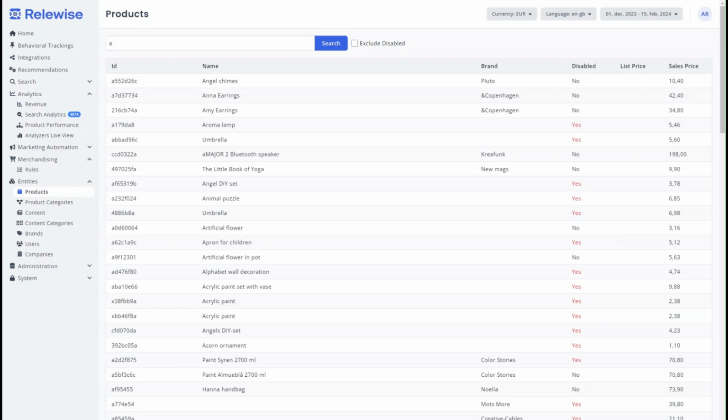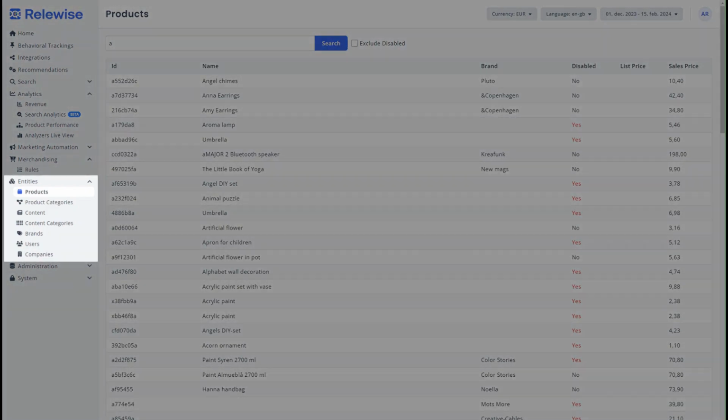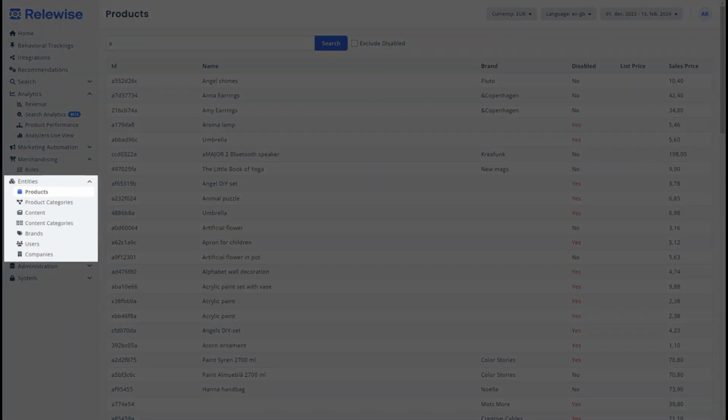The Entities pages are where you find details about the various entities that you have integrated into MyRelewise. An entity is an object that contains the data we reference when processing your search or recommendation requests. Specifically, we differentiate between the following entity types, each of which has its own page under the Entities header in